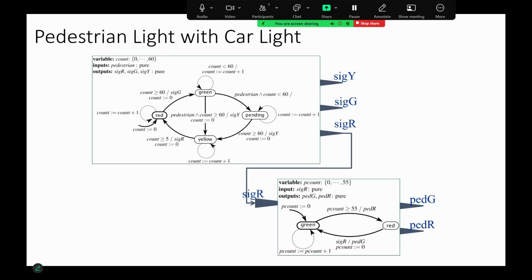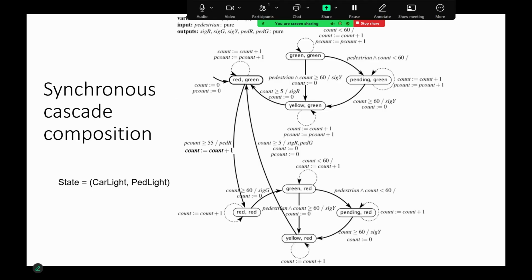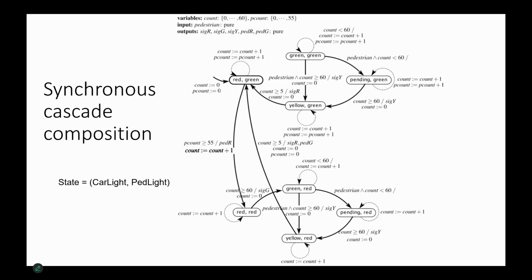And as an exercise, you can draw the synchronous cascade semantics, which will be horrible like this. So we will have red, green. Where are the non-reachable states? Exactly, it cannot be green for the pedestrian and for the car. Right? Green, green, and